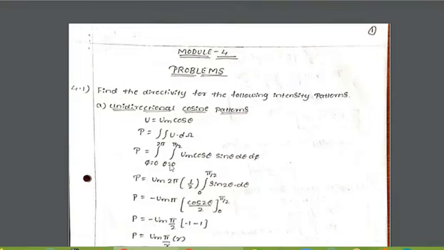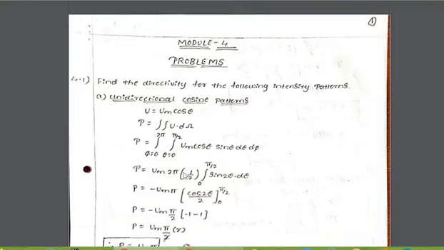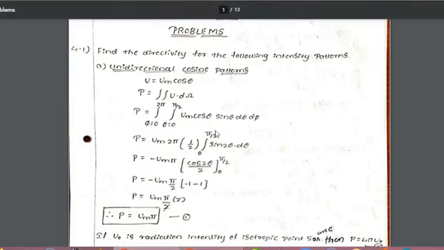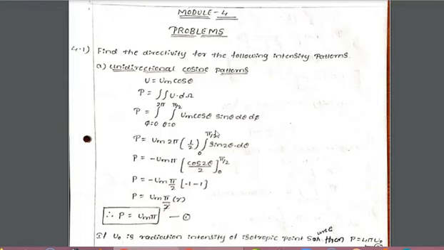Now let us solve this equation. There are no phi terms in the integrand, so phi runs from 0 to 2 pi with d phi. It is just an integration, so we will have 2 pi as the answer for the limit phi equal to 0 to 2 pi. So we'll be having Um times 2 pi here.